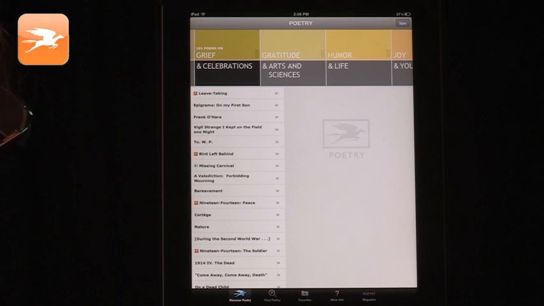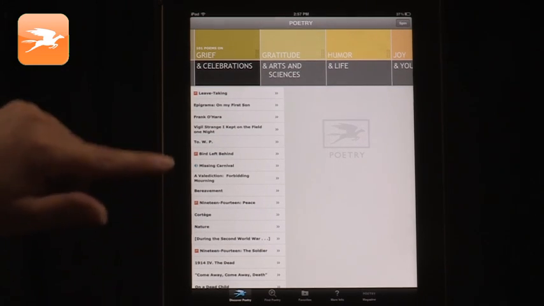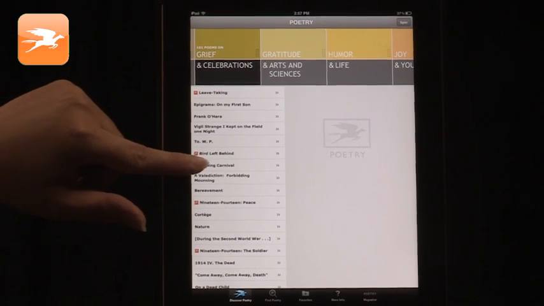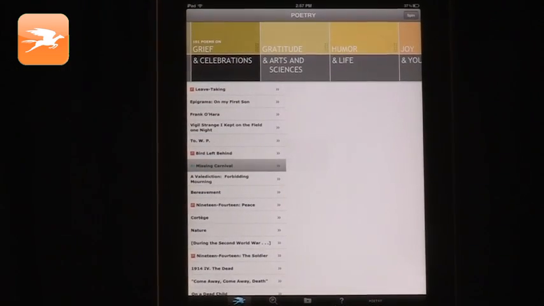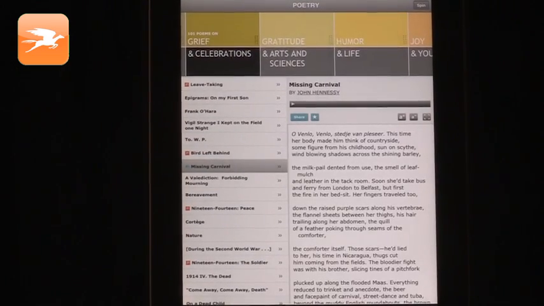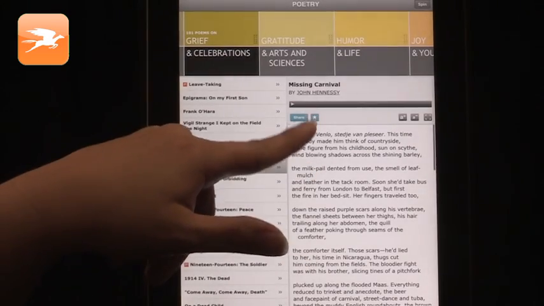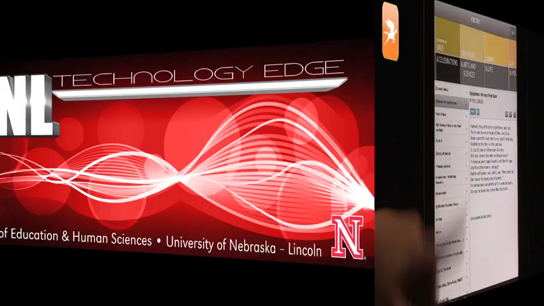And so we have come up with grief and celebration, which is an interesting combination. But it has given us 101 poems. Obviously, it's more common than you'd think. And so this one right here, where it has the little icon to show that there's audio, if we click on that one, it will allow us to not only read the poem, but also to listen to it.